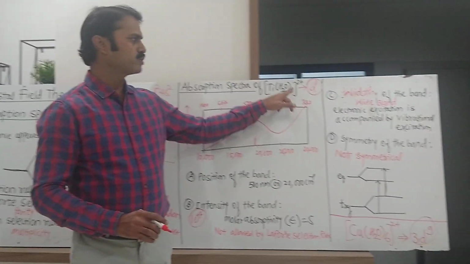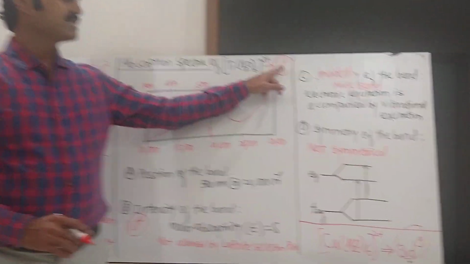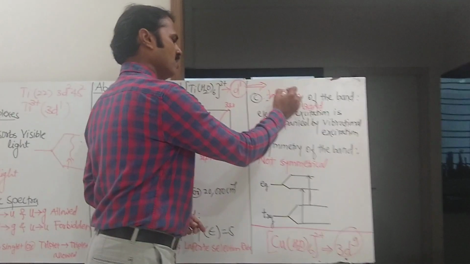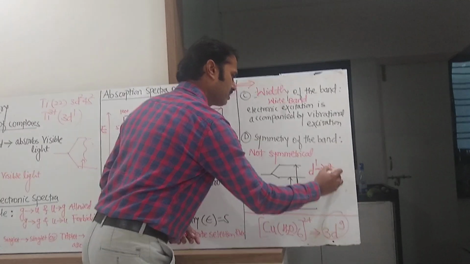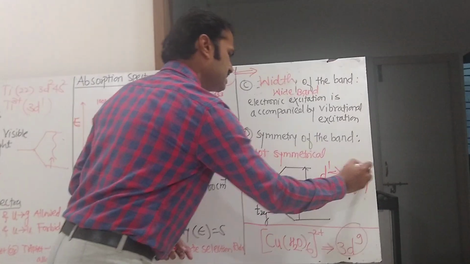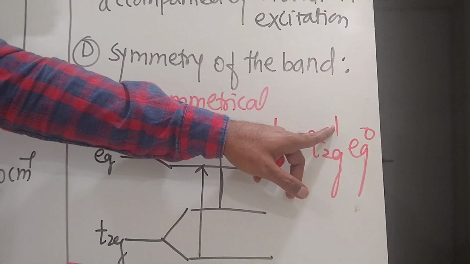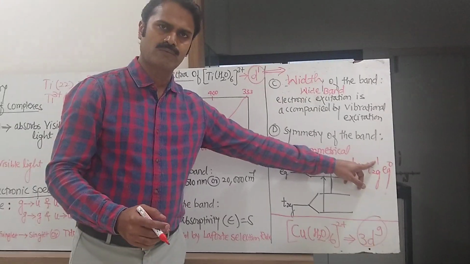The [Ti(H2O)6]3+ complex is an example of a d1 system, and for a d1 system the configuration will be t2g1 eg0. As the t2g orbital is unsymmetrically filled because there is only one electron in it,